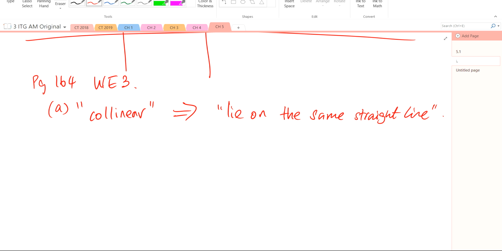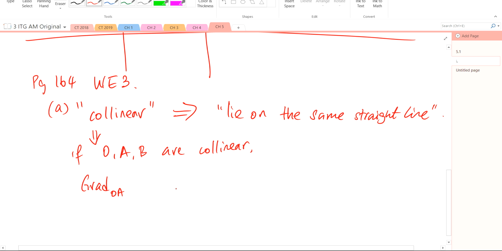So let's take a look at part A. If they are collinear, there are a few things that we can tell. If O, A, B are collinear, what can you tell me about the gradient of OA